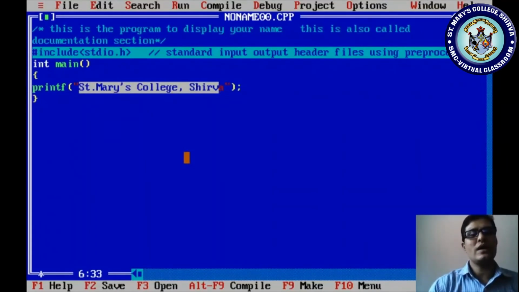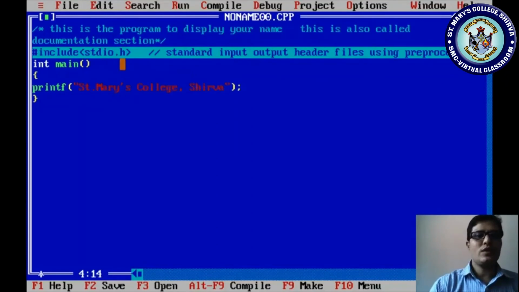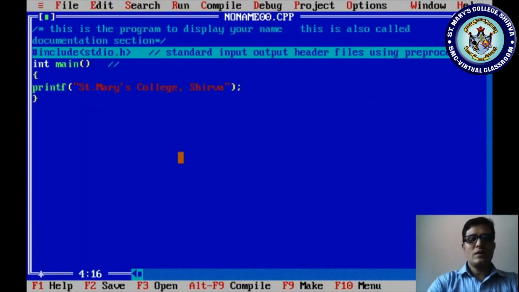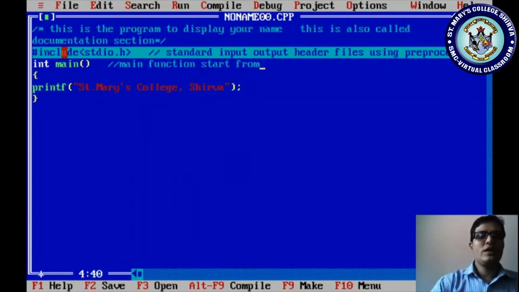It is the opening of the block. Please observe, block means after the function you start an open curly brace. This is a group of statements. This group of statements is treated as a block. It begins with an open curly brace and closes with a curly brace. So it is a comment or non-executable statement. Close the block.